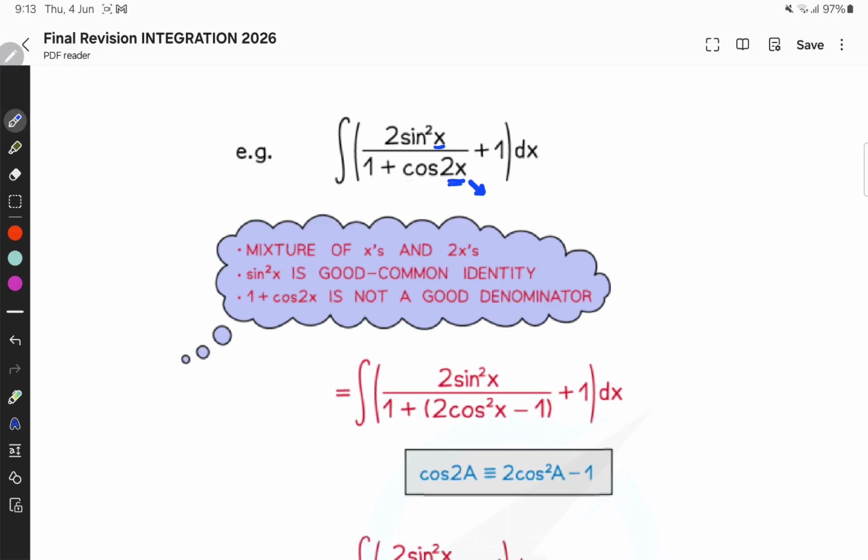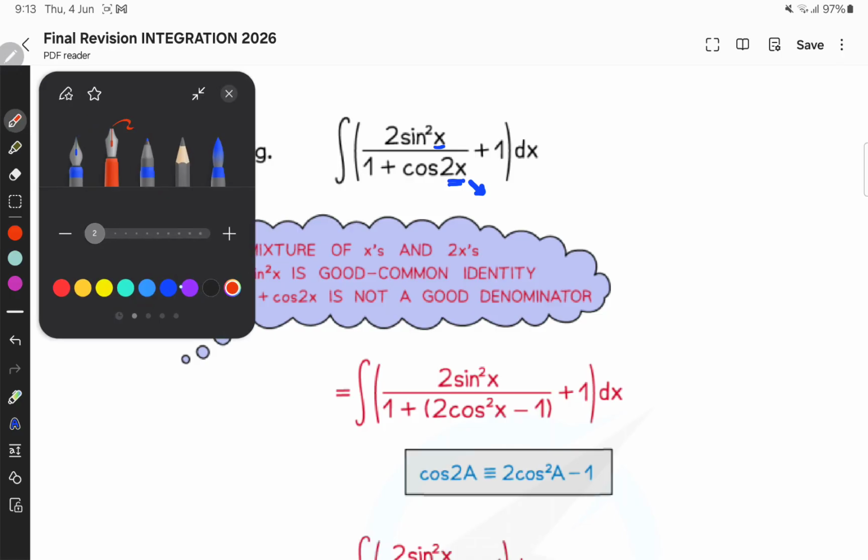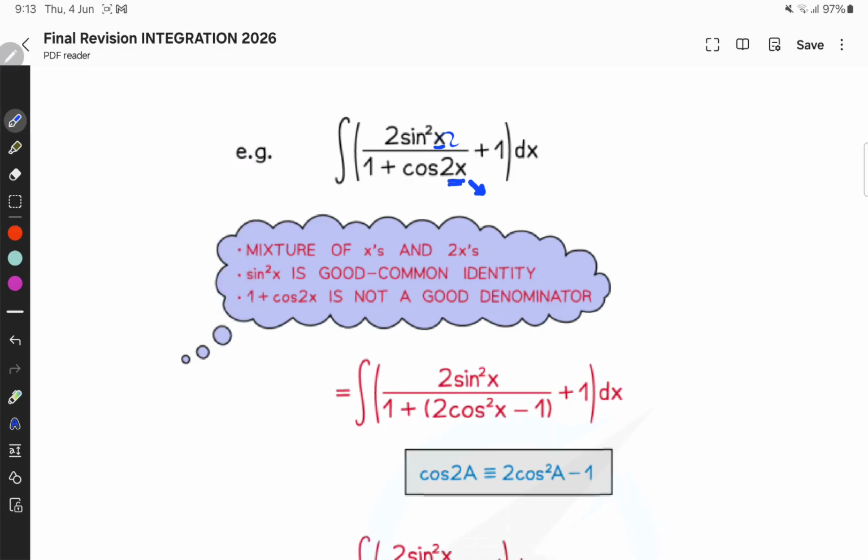It's necessary because I have a single angle. So it will be the integral of 2 sine squared x, with respect to x. Down we have 1